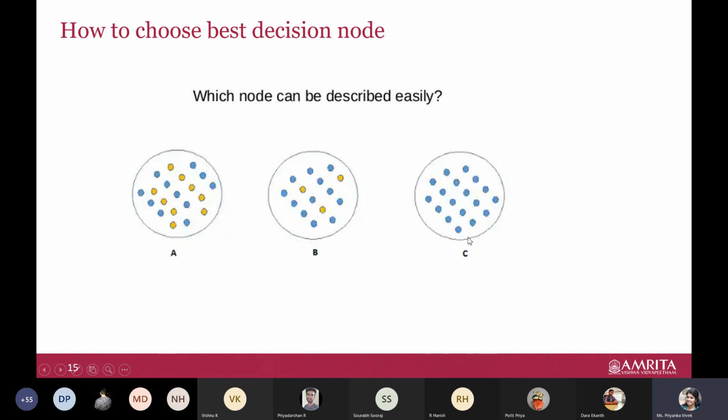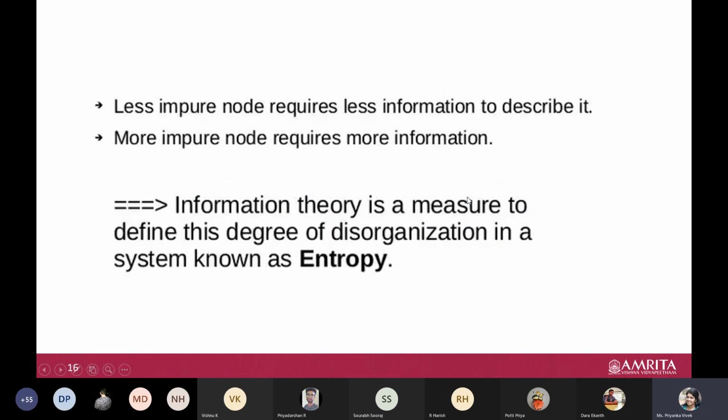But then here, if you can see, your entropy is exactly 0 because all the instances belong to the same class. We even say less impure node. Impure in the sense that we have a mixture of things. But if it's the same content, like all positive samples, then there is no impurity. You may read it that way in some books. This entropy concept is taken from information theory, the information coding theory concept.